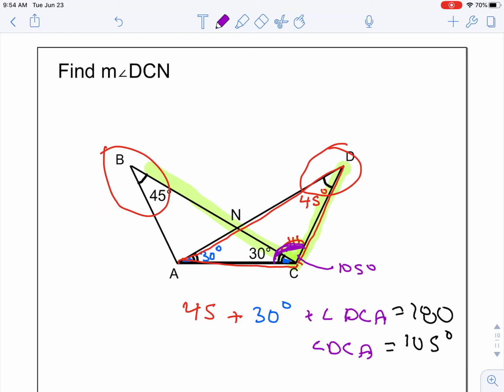Well, 30 of it is already there, part of that angle, and I just want to know the other part. So if I take 105 and I subtract the 30, that gives me 75 degrees for the measure of angle DCN. So the measure of angle DCN is equal to 75 degrees. And that is the end of